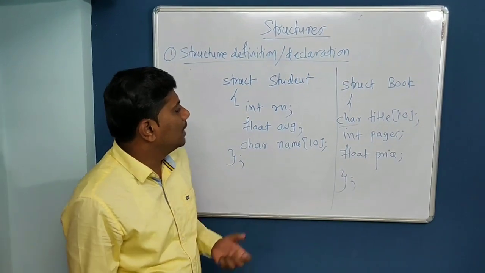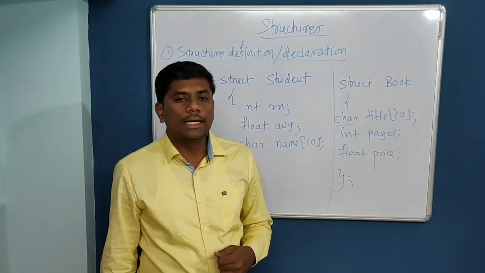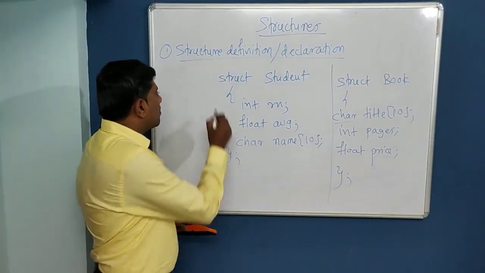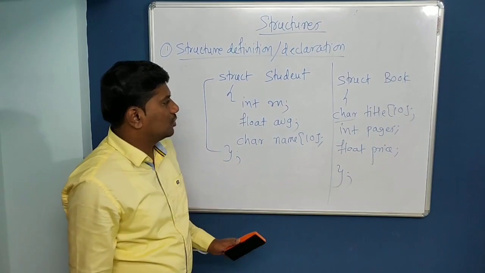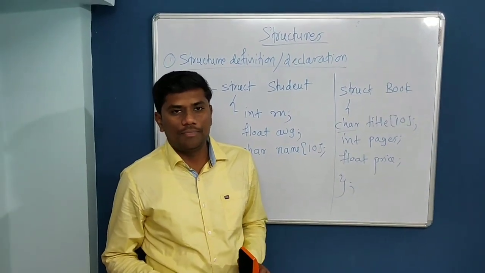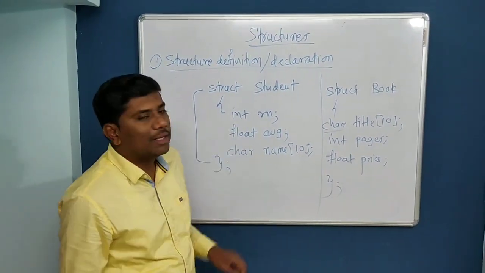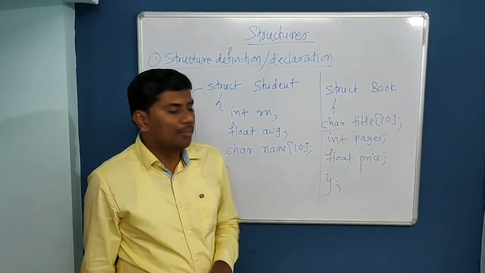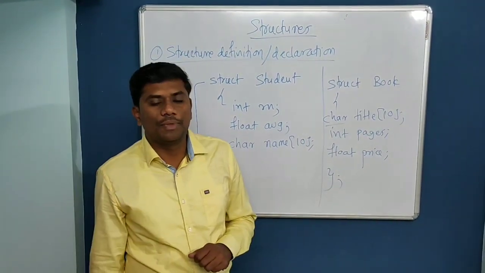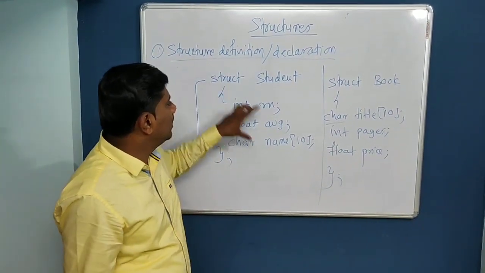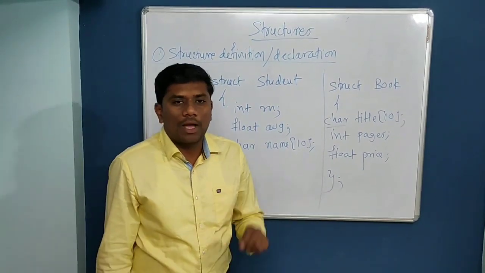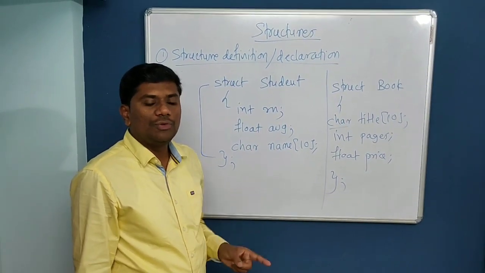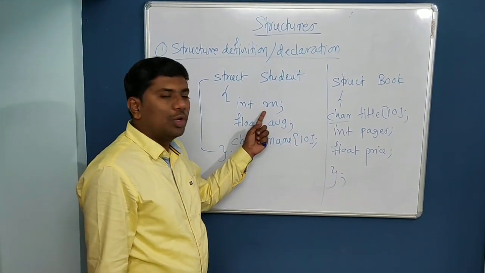Now the next point is how to declare structure variable. A very important point about structure definition: whenever the compiler sees this structure definition, no memory will be allocated, because this is just a template. We are simply telling the compiler that I am going to store information of student, and that information will have these types. So I am going to store roll number,